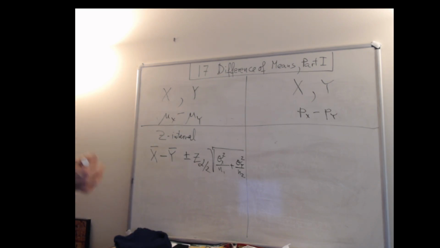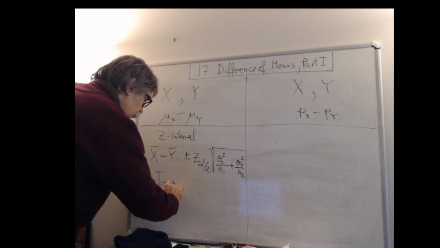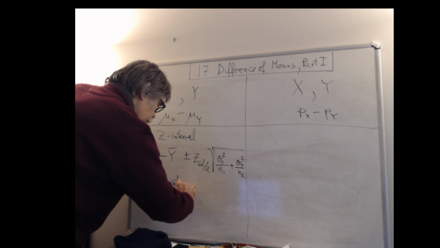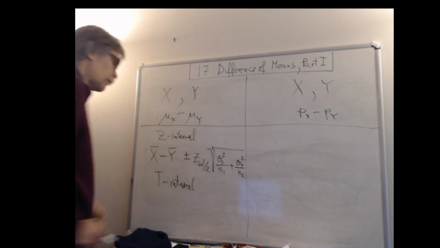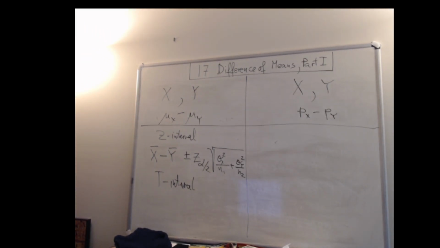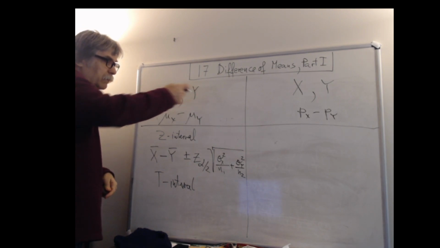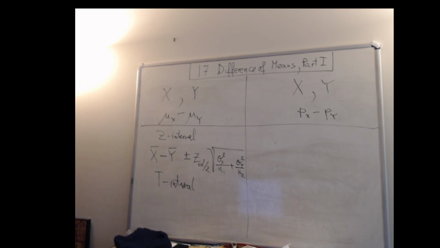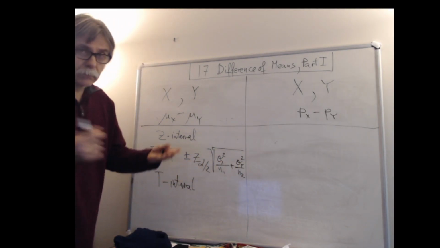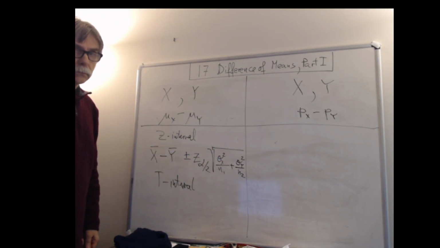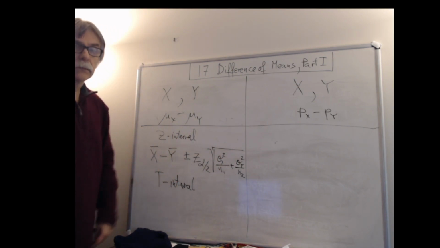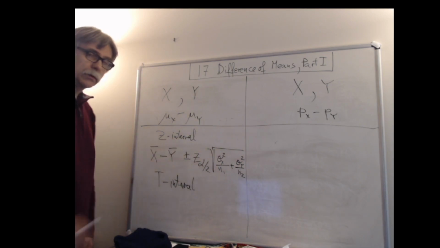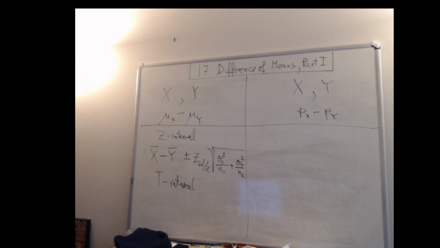Okay, if you're doing a t-interval estimate, you will need to have both x and y distributed normally, and one of these or both of them unknown. If you don't know one of them, then you don't have enough information to put it here. Okay, because you're missing something. If you do know both of them, then by all means use the z-interval. Okay,